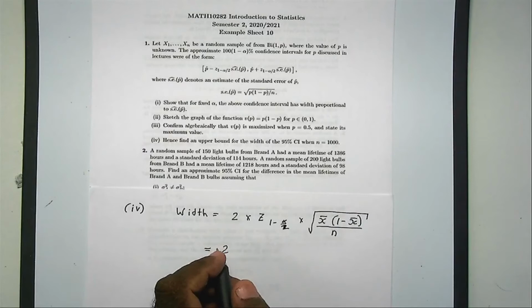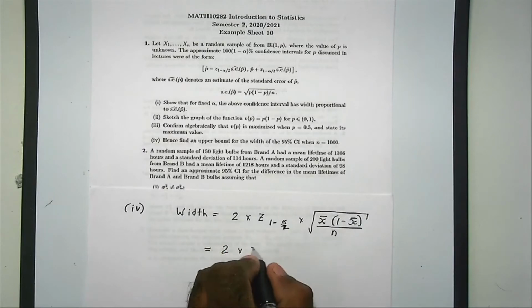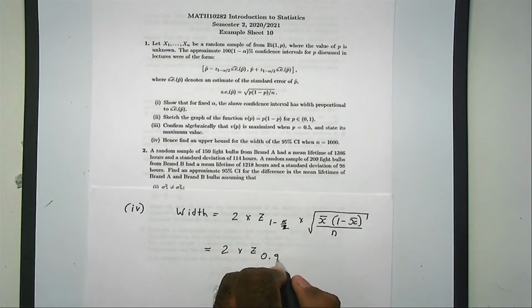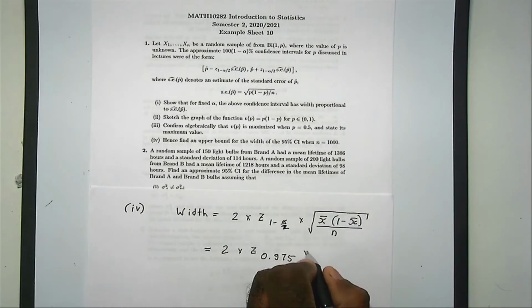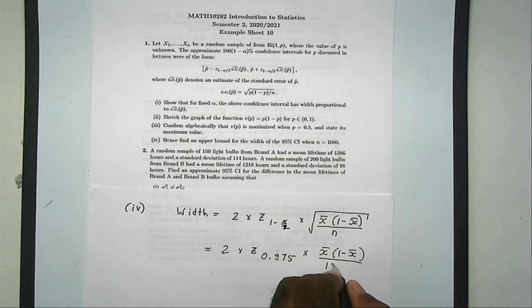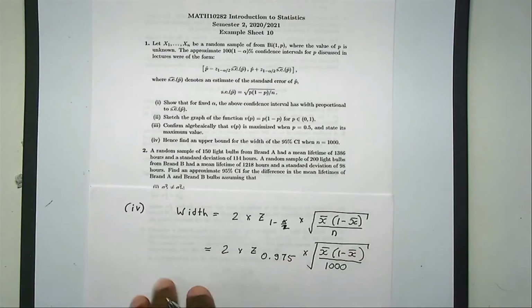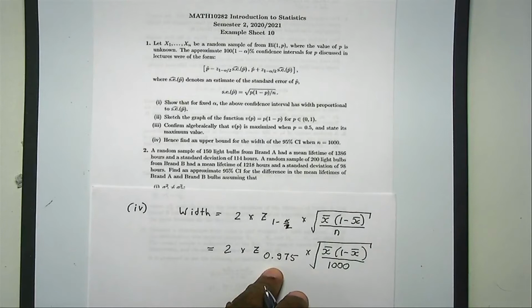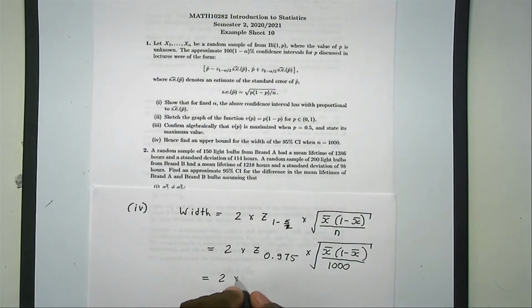0.05. So you're looking at z 0.975 times this divided by n is 1000. Okay, now if you read this off the table, now for the normal distribution, this will be 2.196 multiplied by